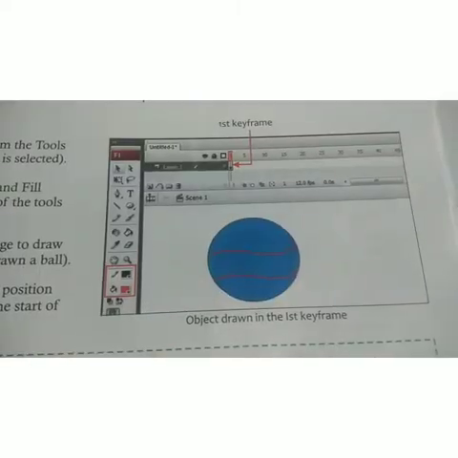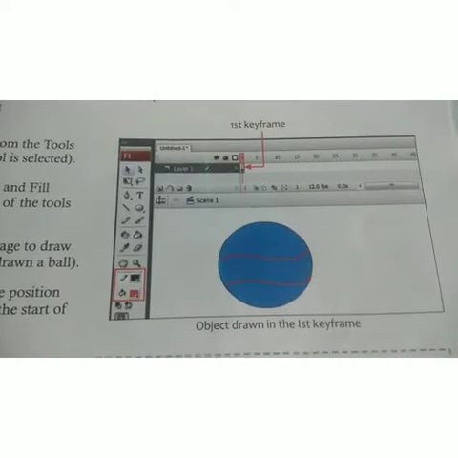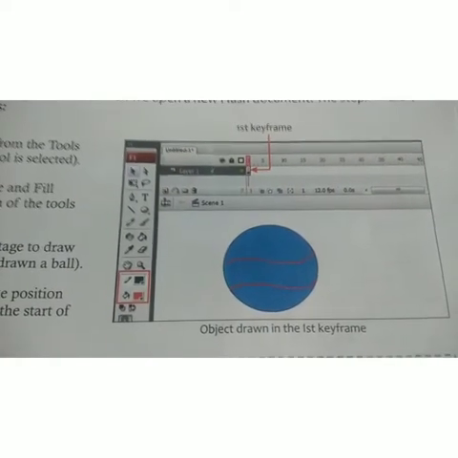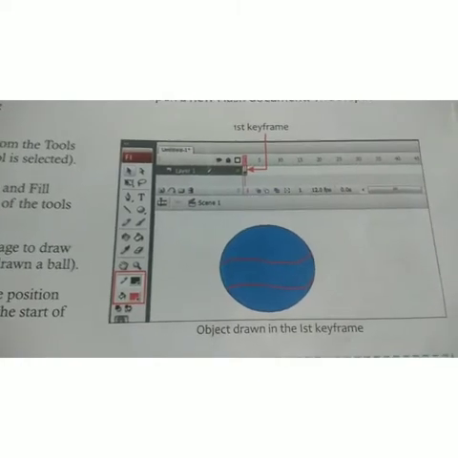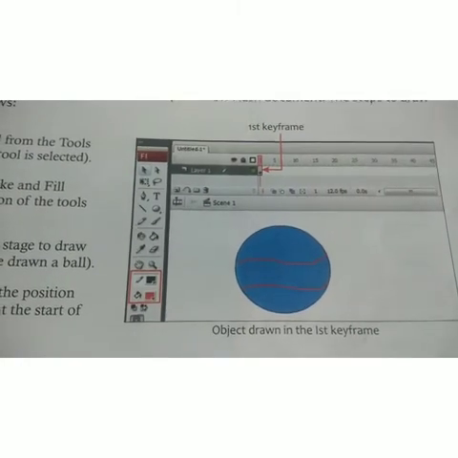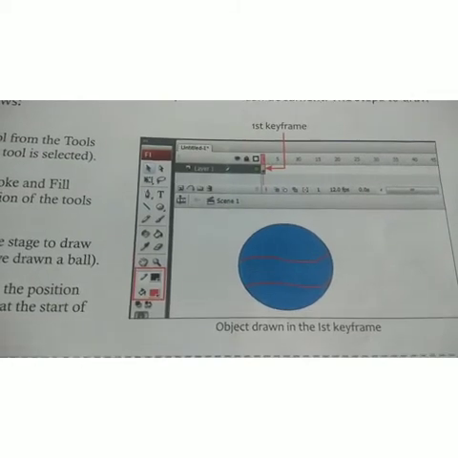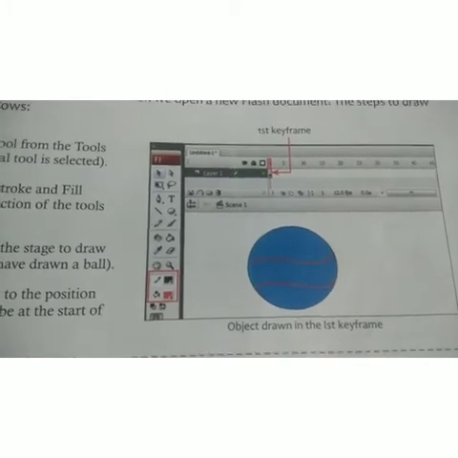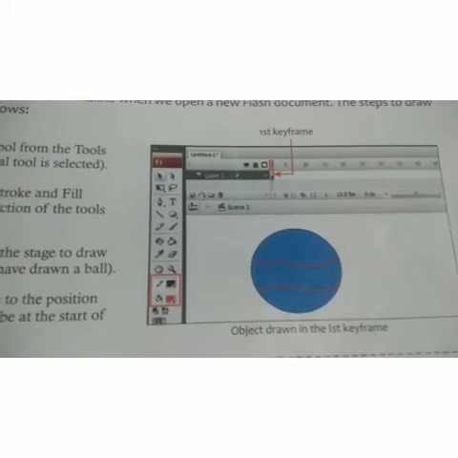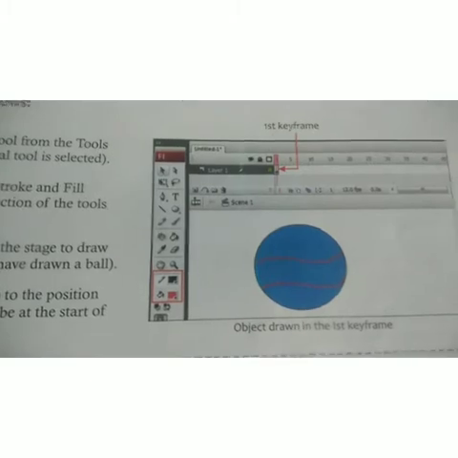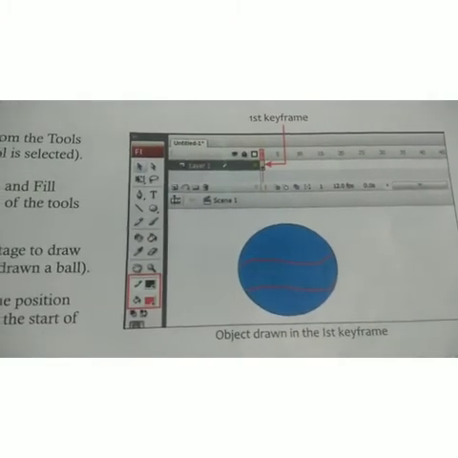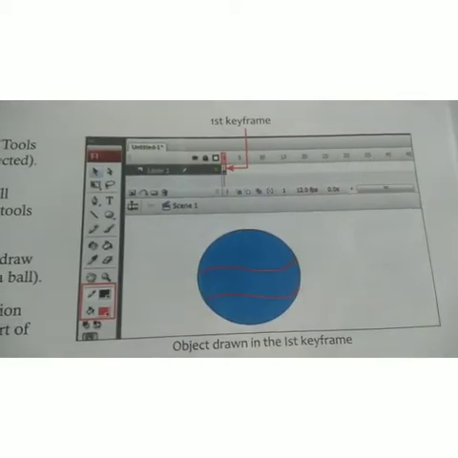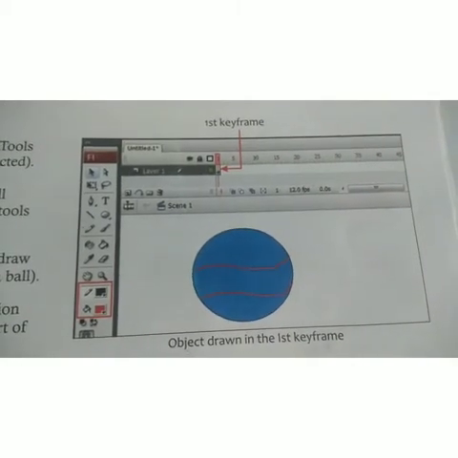Okay, so class 6, first of all open your Flash, then select any object to create an in-between, then accordingly set the position of a keyframe, timelines, etc. You can create any object with the help of the Flash software. Many tools are also available in this software. Now try it, students, and practice these tools.